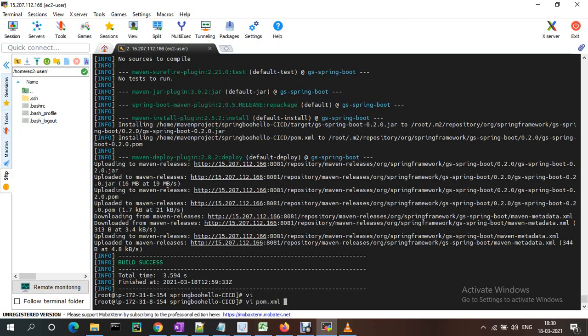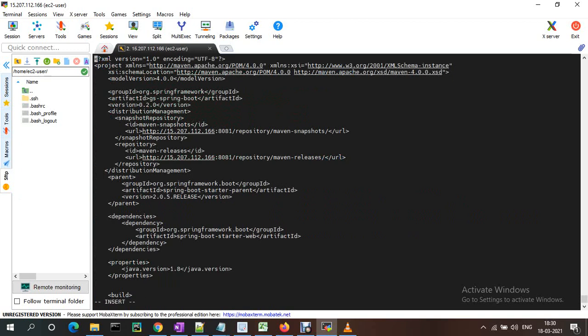vi pom.xml. Suppose I just wanted this to be a snapshot version. Okay, I'm just giving SNAPSHOT.